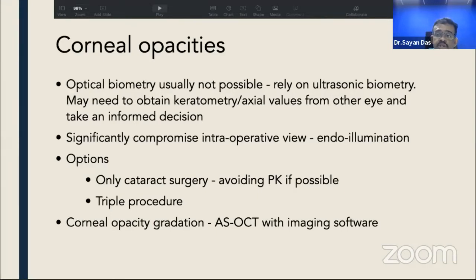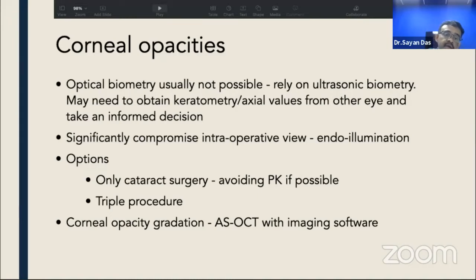So endoillumination can be a good option if you have the benefit of having one. And our option is only cataract surgery, avoiding PK if possible, because we know that corneal grafts have post-operative surgical issues and they take a long time to heal, and they require patients to stay in follow-up for years. Otherwise we do a triple procedure if the opacity is in the center and is dense and is known